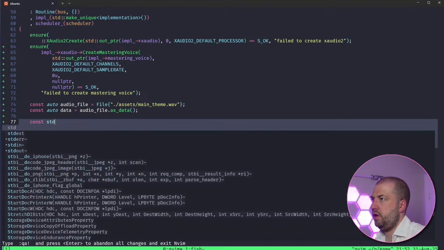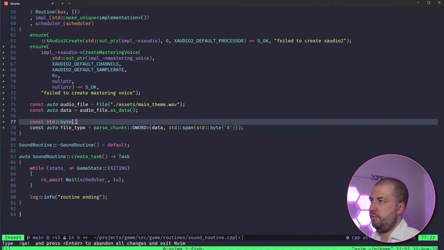Const std::byte ref cc equals this stupid game again.